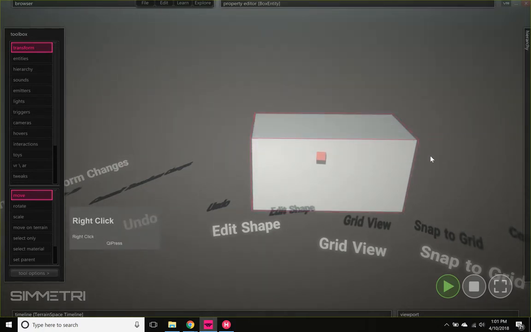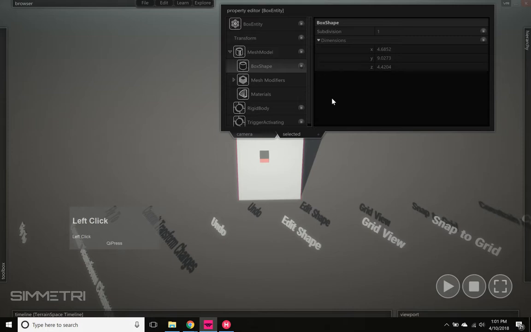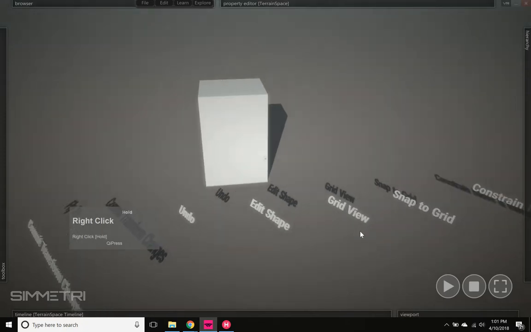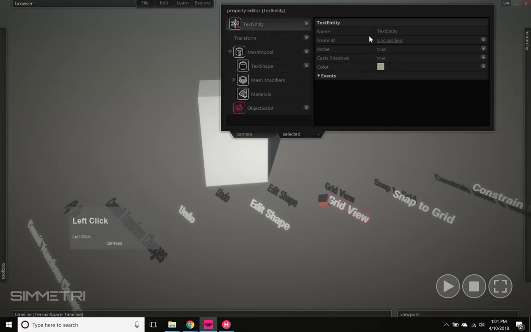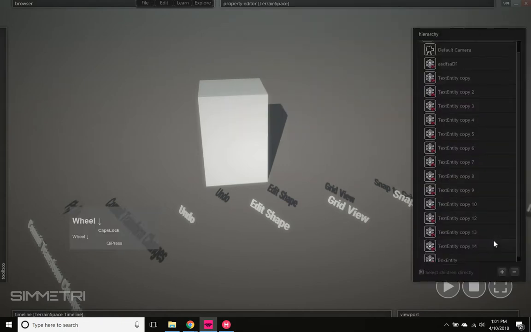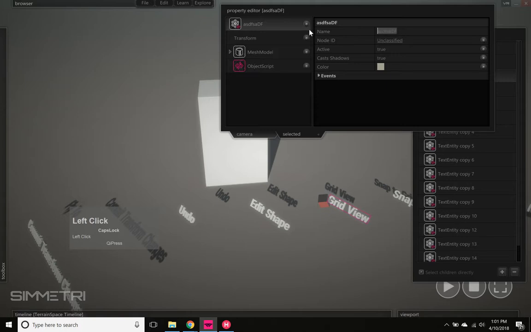So that's editing shape. Another way you can get into editing shape instead of going up to the menus is just double click. Double click will always open you up to box shape. Dimensions you might need to expand out, but that'll always get you in there. And that's especially helpful for text. Because text, you don't edit the text name. That doesn't do anything for change. Well, it allows you to organize. You can organize in the hierarchy with that name, but